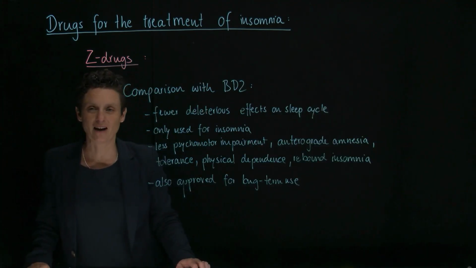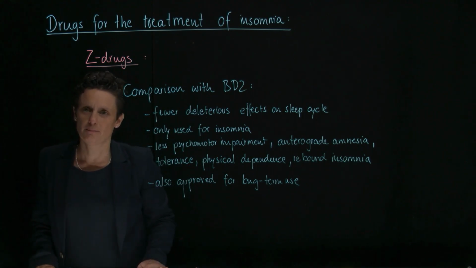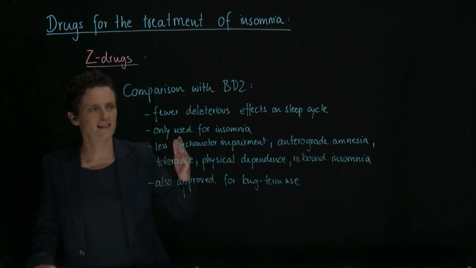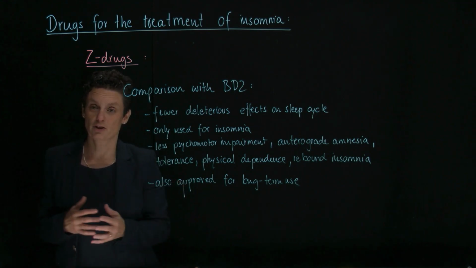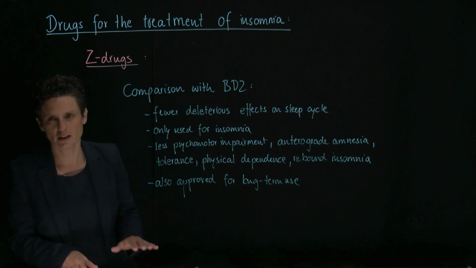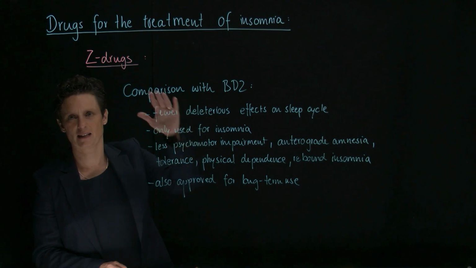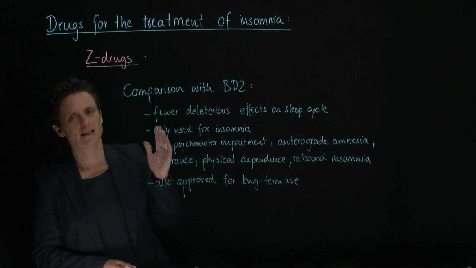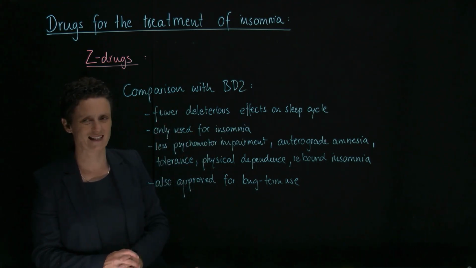So if you're comparing side by side the Z drugs, which have now basically supplanted the good old benzos, we should recognize that they have fewer deleterious effects on the sleep cycle. That's obviously a big thing. We want to not change our sleep cycle. We want to have a drug that has very little change on REM sleep. And it looks like the Z drugs have fewer effects on our sleep cycle. Another big thing to remember is they are only used for insomnia, so please don't use them as anxiolytic drugs,